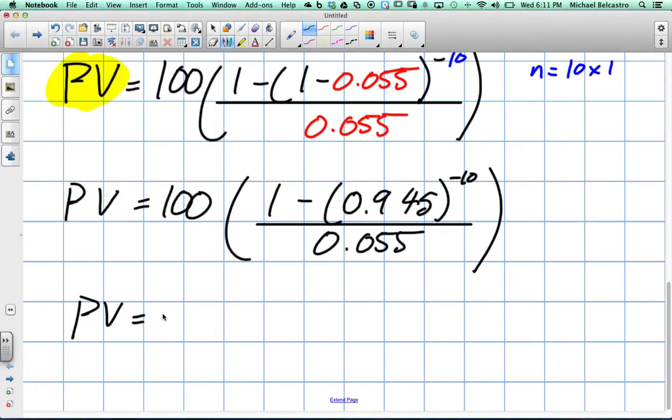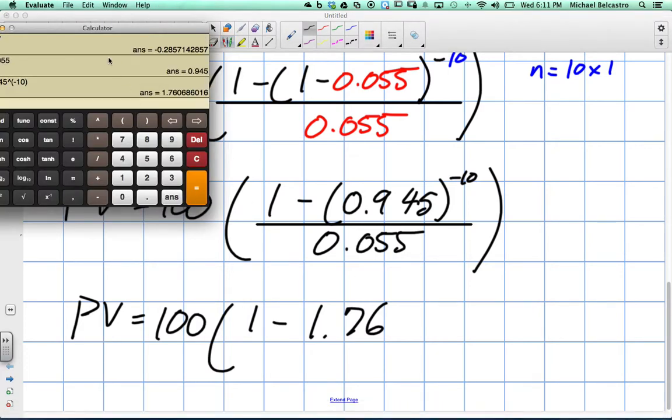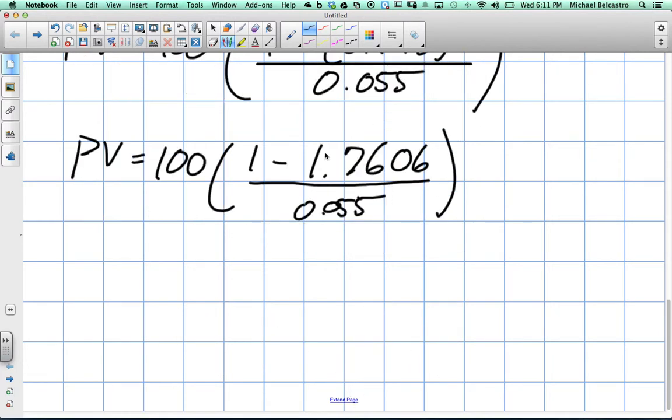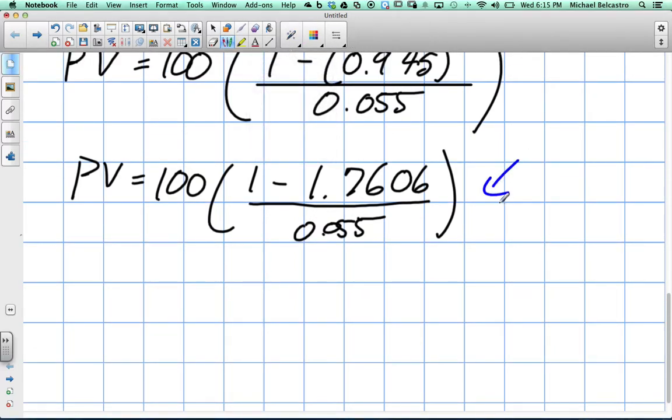PV. We still haven't done anything else with anything else. 100. 1 subtract, and the number we got was 1.767606, we'll say. So kind of kept it going. All divided by 0.055. Okay, so let's try to do this all in one step here. I'm going to take the first numbers and subtract them. Okay, so I got to this part and I stopped because I had realized I'm going to get to an